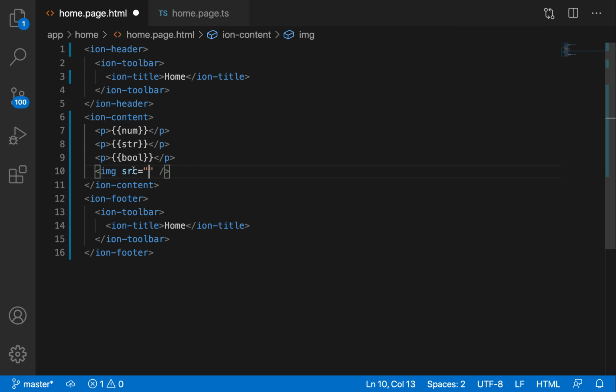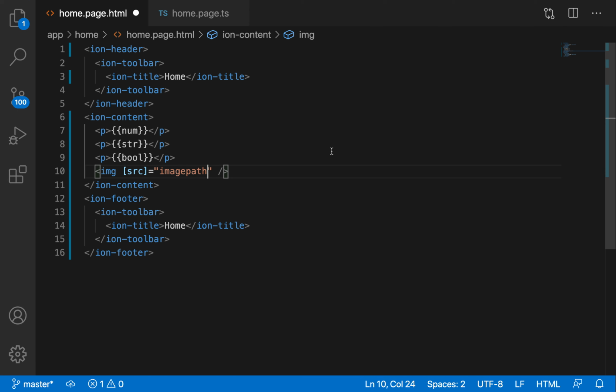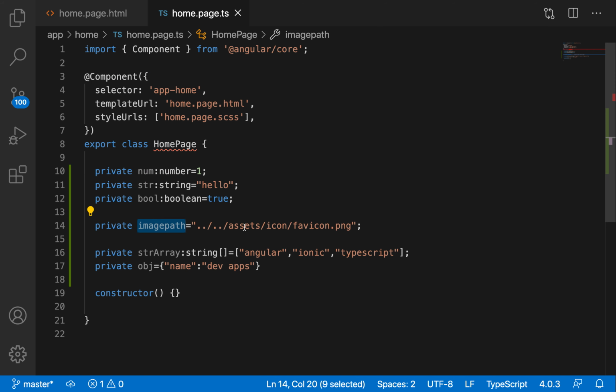So here I want to use the property binding. Whenever I want to use property binding, we need to make the property dynamic like this, and here you can use the variable name. When I write like this, the image is inside the variable, that is image path.